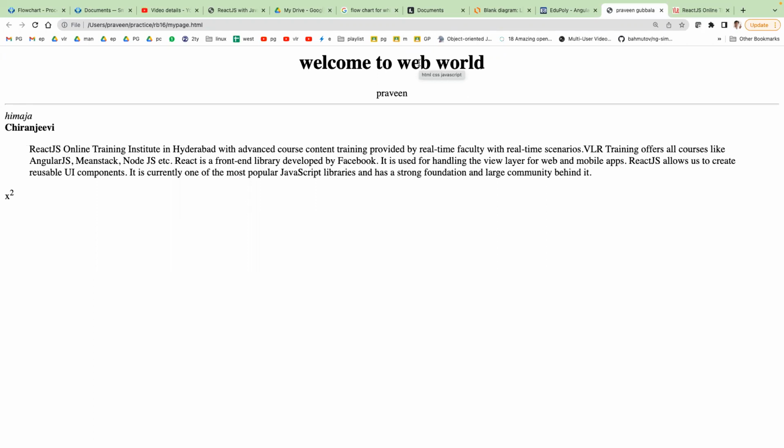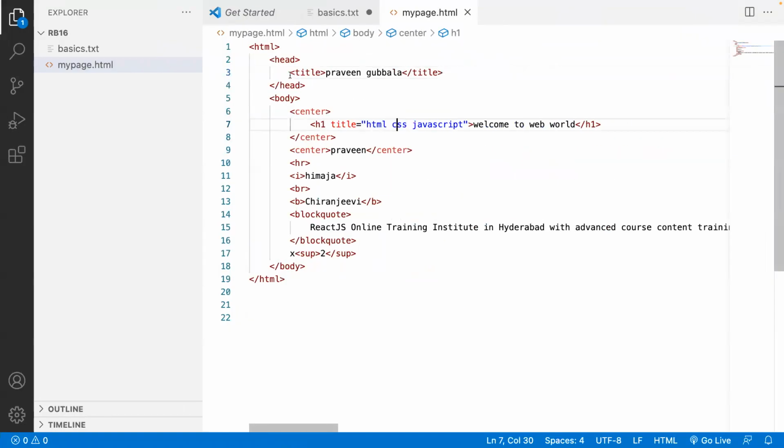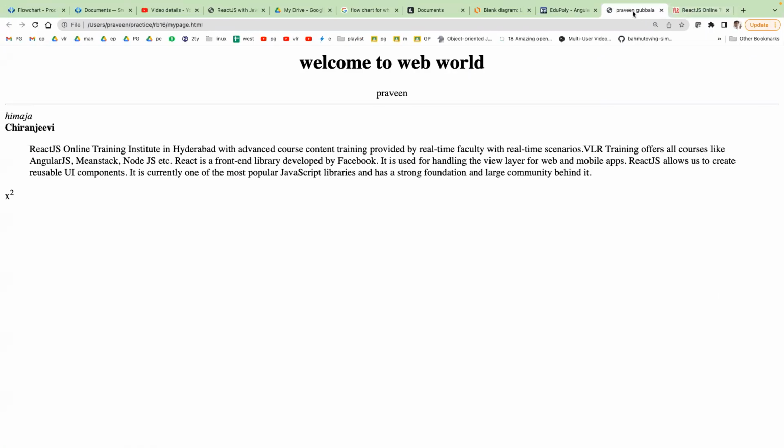Are you talking about HTML, CSS, JavaScript, or title? Title only, head section. Yeah, it will be visible on the title. This part here. Yes, I can see that. My question is, it will be visible as physical, right? Welcome to the world. We can see that right here. No. The head section is itself here. This is called body section. Whatever the visible area is, that is body section. Okay, fine. Yes. Okay.